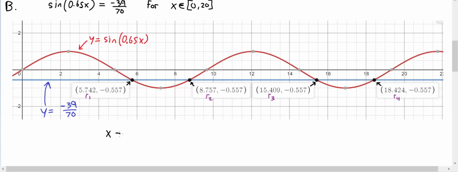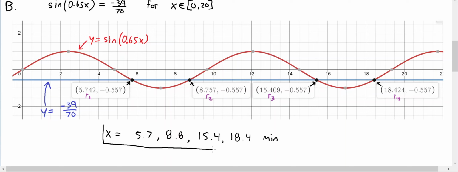x is equal to 5.7, 8.8, 15.4, and 18.4 minutes, respectively. So that would be the answer for part B, which wants to know when the plane is exactly 121 miles from the airport. So going back up to part C,